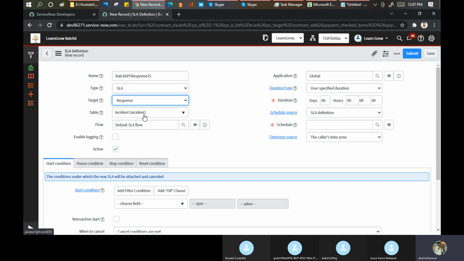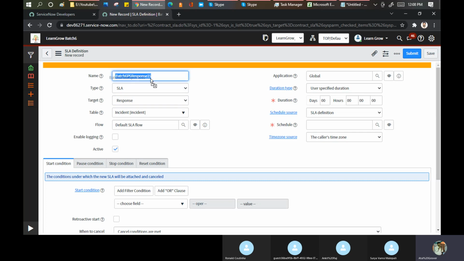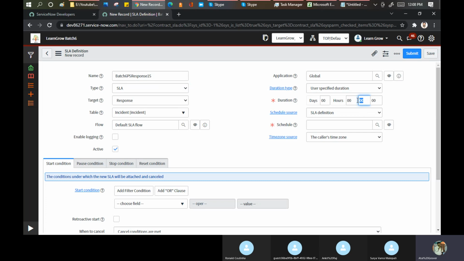But if you extend your table with the task table, then you can apply this SLA on your table as well. Flow as of now I am leaving as it is. For duration type, I'll put user specific because I mentioned 15 minutes here, so I'll put it here as 15.